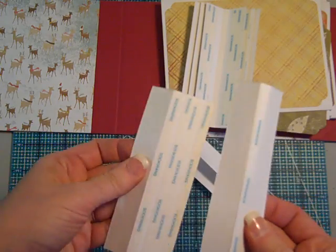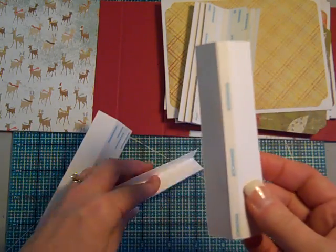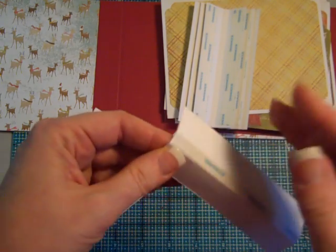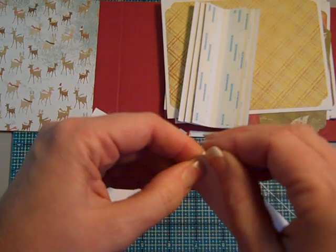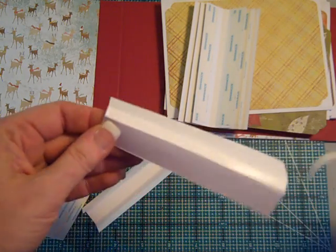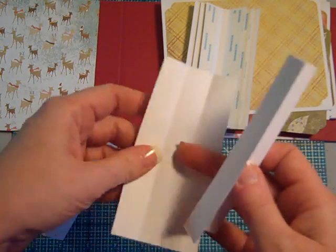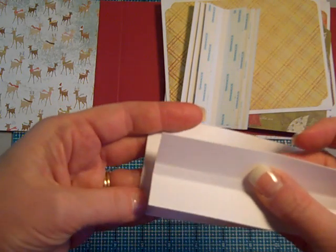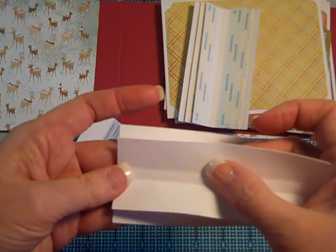I've already gone ahead, for time's sake, put some score tape. You can use red line tape, you can use adhesive, whatever your favorite adhesive is. You can glue these, whatever works for you. As we all know, different climates use different adhesives, work better. So these, you're going to just center it